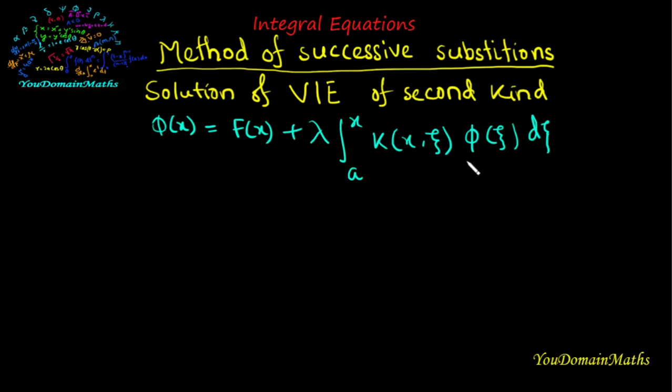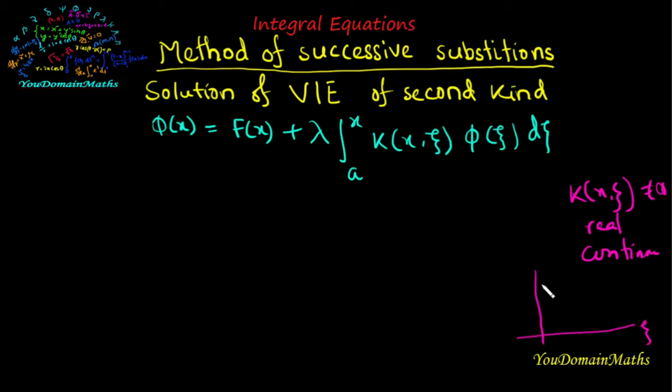sign. Here the kernel K of x comma xi is not equal to 0, then it is an integral equation, otherwise it is not an integral equation. It must be real and continuous in the rectangular domain. That means xi and x, and there is a rectangle here. Suppose a to b and a to b, there is a rectangle. So the kernel K(x, xi) is continuous and real in the rectangle,